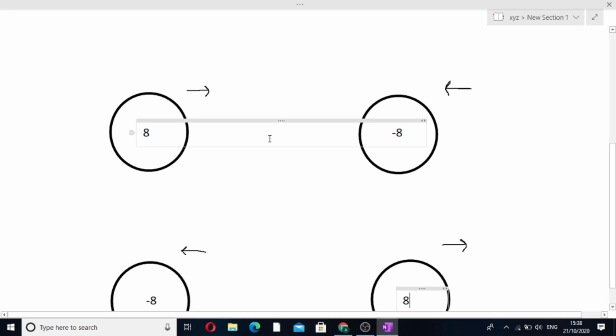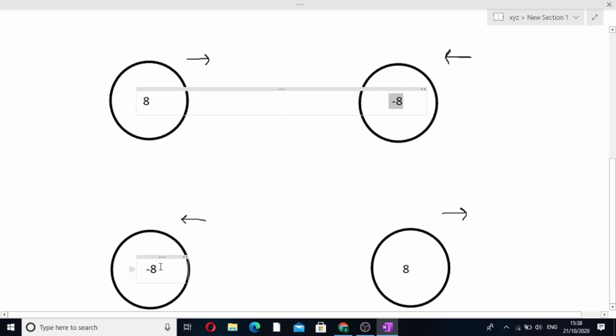So they have the chance that they can meet each other, because first is the right side consideration and then the left side consideration. So they will meet. But with -8 and 8, -8 is already moving in the left direction and 8 is already moving in the right direction. So they will never meet. So here the order matters. So this was the entire example.